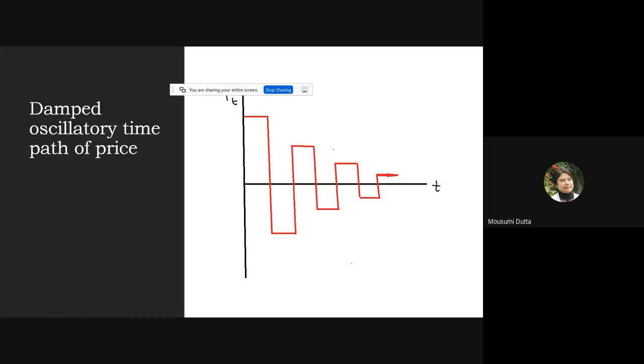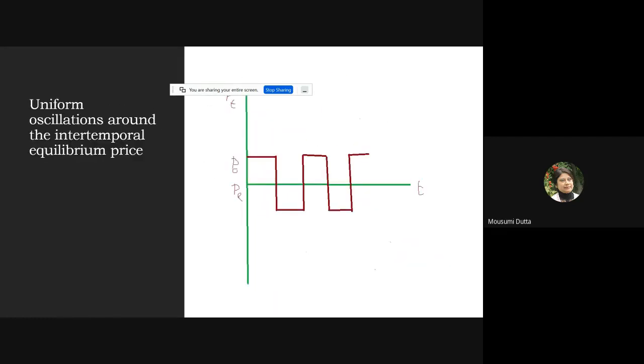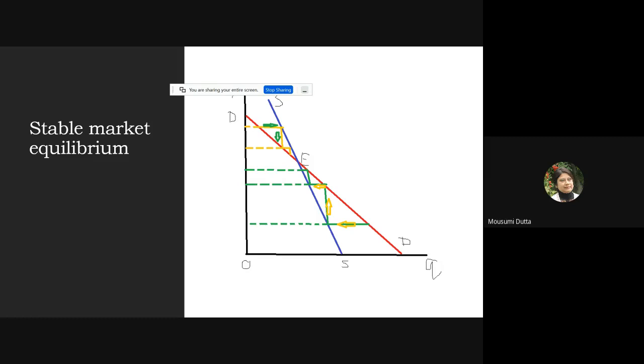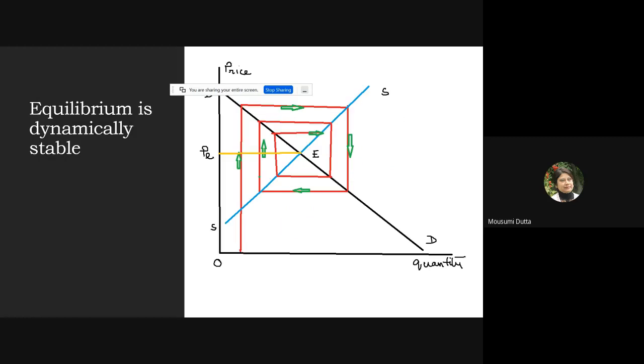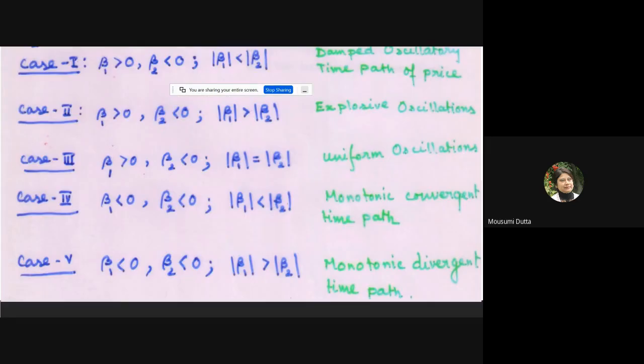Okay, so I'll move to monotonic time paths. To get the monotonic time paths, either I can consider both the demand and supply curves are negatively sloped, or I can consider both the demand and supply curves are positively sloped. This is a specific diagram where I have considered both the demand and the supply curves are positively sloped. Now, in your copy, please write down the stability conditions,